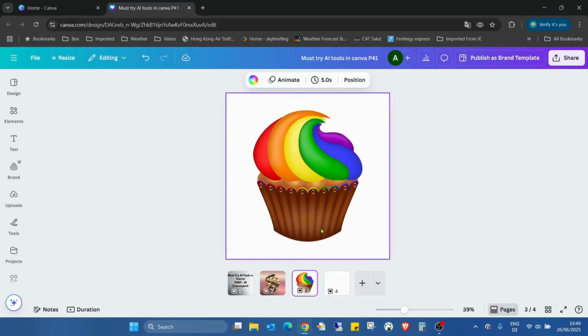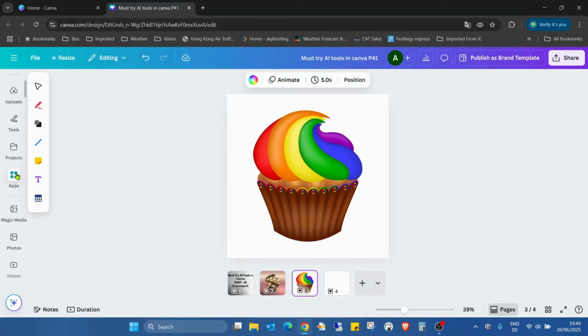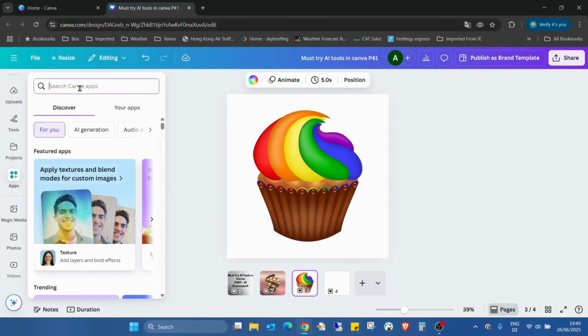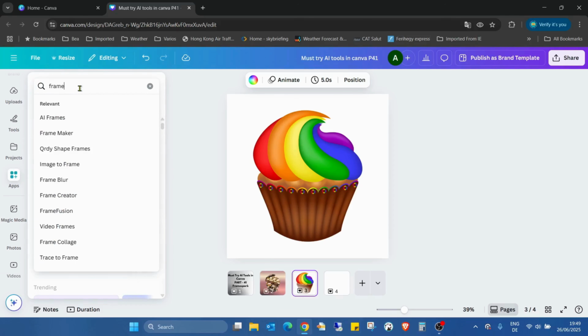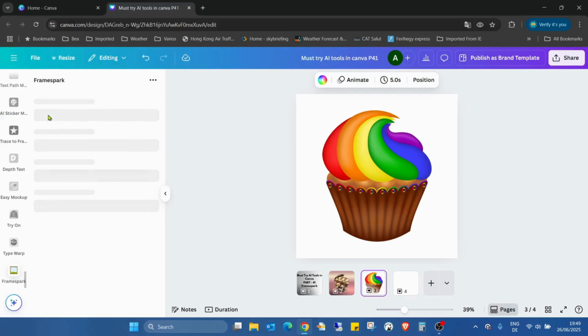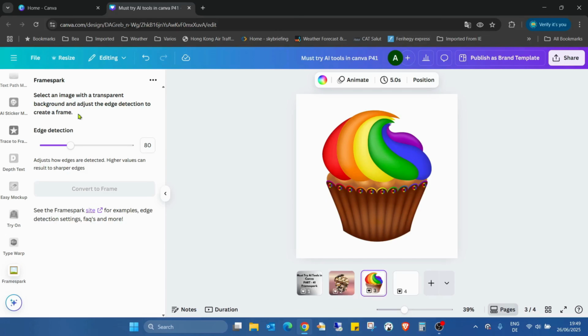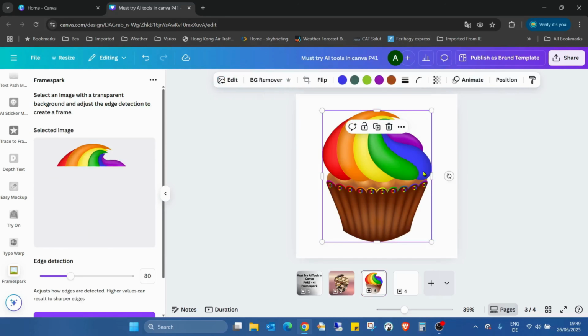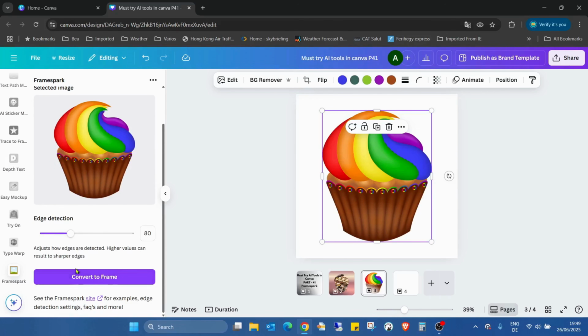Just open another page. So I go into the app section and just type Framespark, and this is the application. The only thing we need is to select an image with transparent background. I just did it. And this is edge detection, to adjust how edges are detected. Higher values can result in sharper edges, so we can increase or decrease the edge detection. I just leave it something like this and just